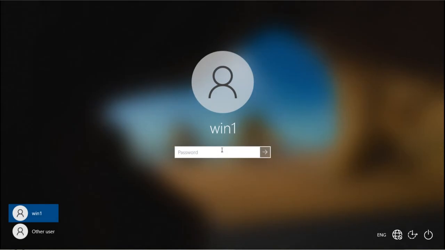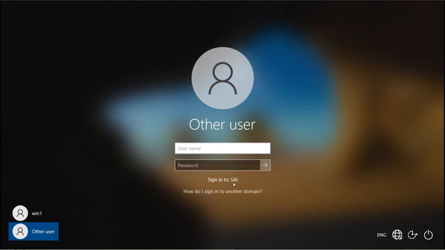And now it has become a member of the domain. Now the domain users can log in here. We can see the domain name here, sign in to, and users can use the domain like this, and then the username for logging in.